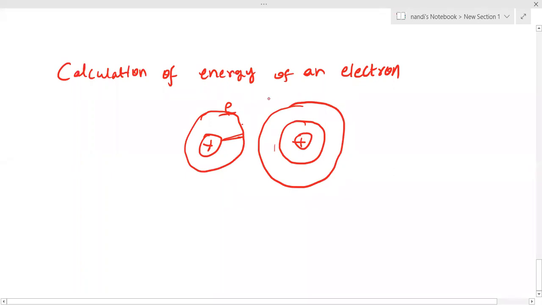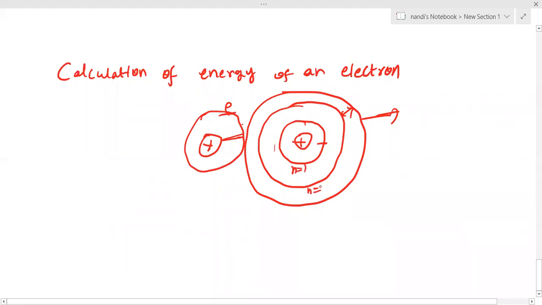As you move far away from each other, the energy of the orbit increases. This is low energy, this is high energy. The difference between these orbits also decreases. Please note down that point: the energy difference between orbits decreases by increasing shell number. For example, this is shell number 1, shell number 2, shell number 3. Energy difference delta E, E2 minus E1, is greater than E3 minus E2. If the number of shells increases, their energy difference decreases.